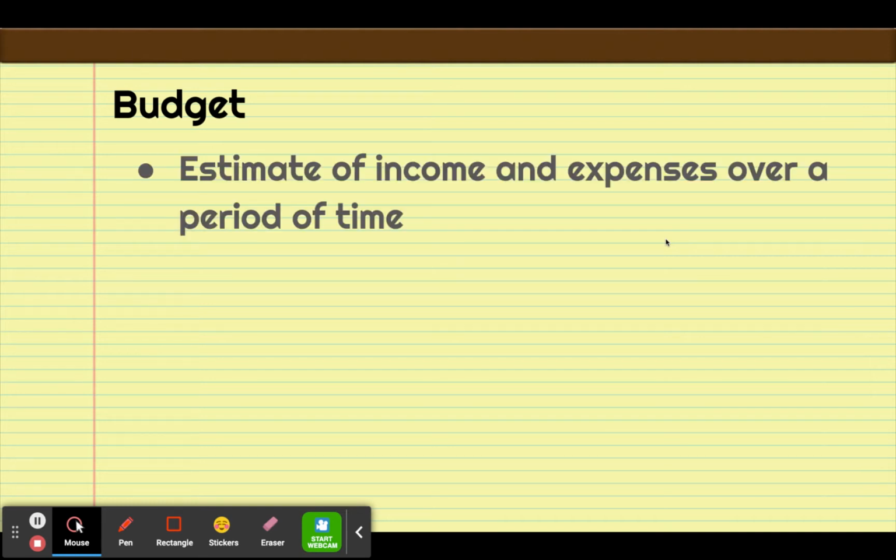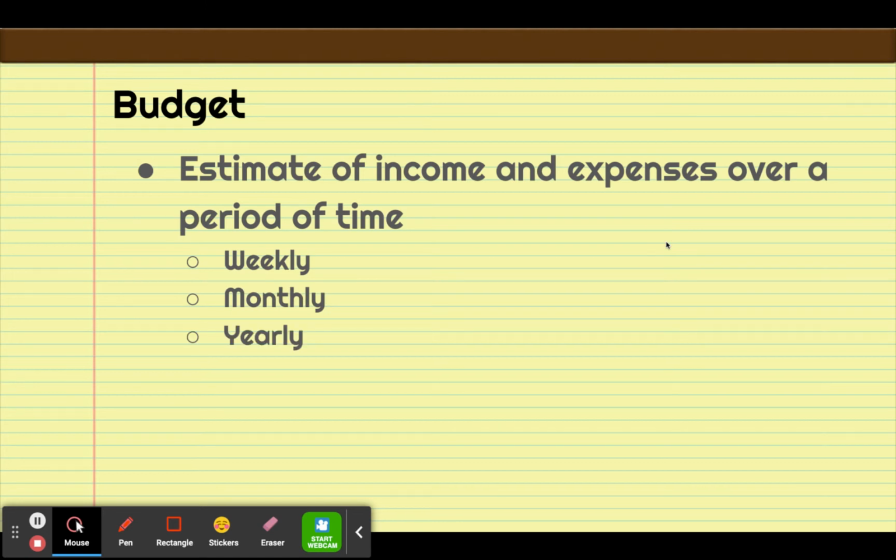All right, finally, a budget. Budgets can be done by different people. So it could be individuals, institutions, businesses, and basically it's a plan. So you want to make sure your income and expenses are thought out ahead of time. The goal, let's say you do a monthly budget, is that you have less expenses than income. All right, you want your income to be a little bit more than your expenses. Okay, so they can be done weekly, monthly, yearly.